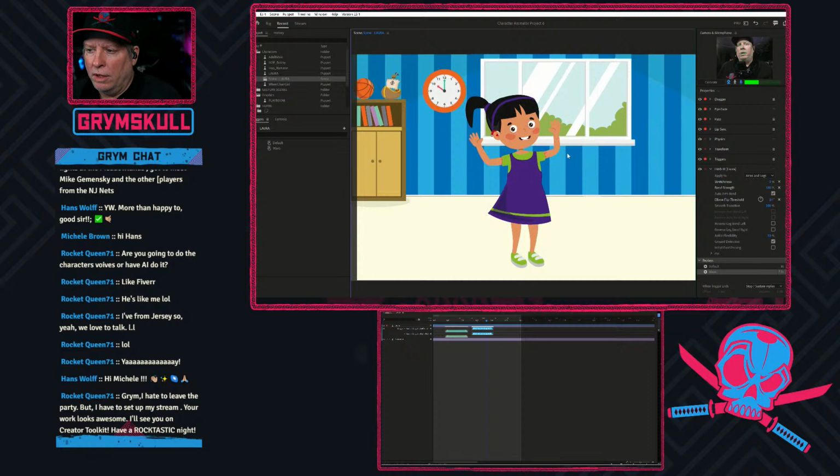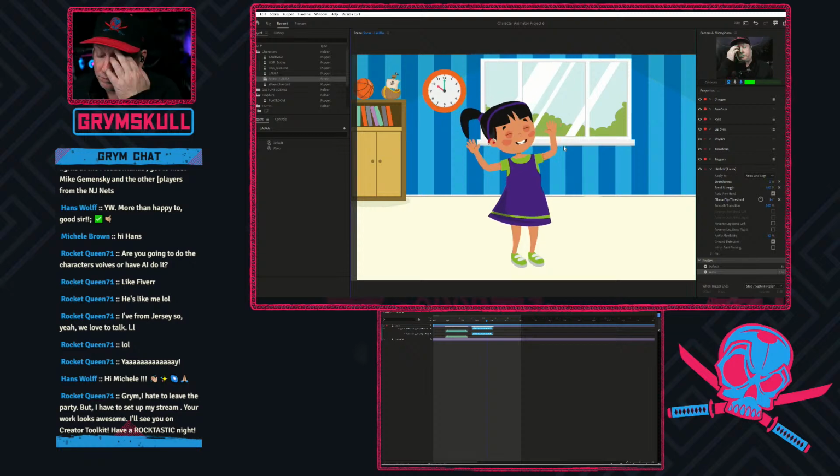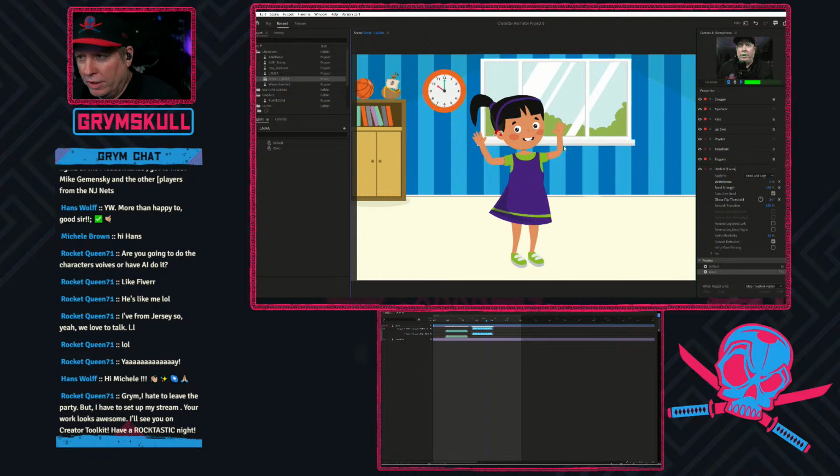But you can create walk cycles. You can create different kinds of animated poses and stuff with images, and this is all to bring a character to life. This is a fun program to work with. I'm really having fun messing around with it. But yeah, it's part of Adobe Creative Cloud. So if you got Creative Cloud, you may have the Adobe Character Animator.